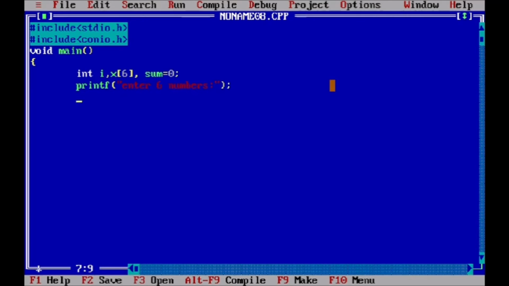Then for, what we do, for i is equal to 0, i less than 6, i plus plus. Okay, and we get 6 values from the user. Now what we write, scanf, percentage d,